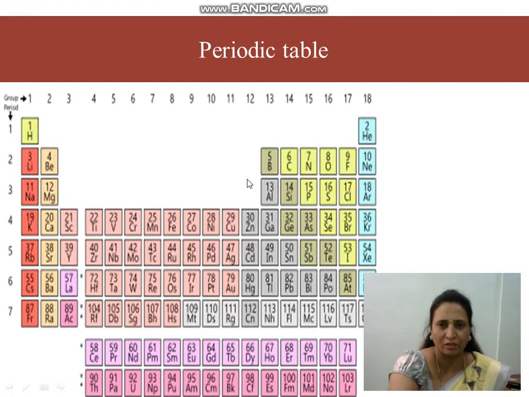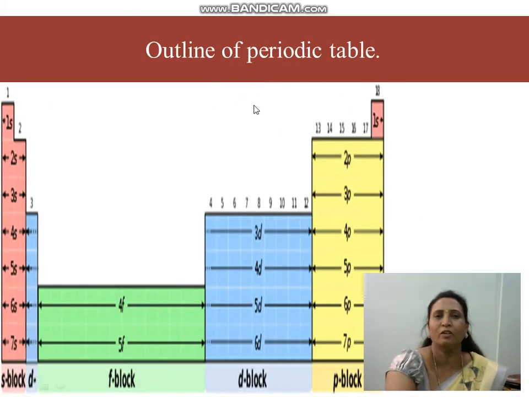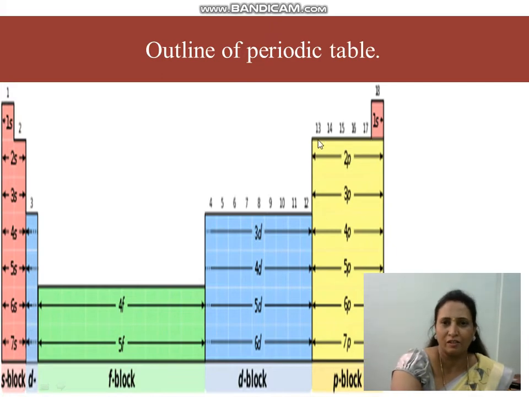Now there are total 7 periods in the periodic table and 18 groups in the periodic table. So this is the periodic table which includes, on the right side, P block elements. It shows 3 colors, blue, yellowish and grey, because these are showing different types of nature. Some are metals, some are non-metals, some are metalloids. Now this is the outline of the periodic table. Now here is our element of interest, that is the P block element.